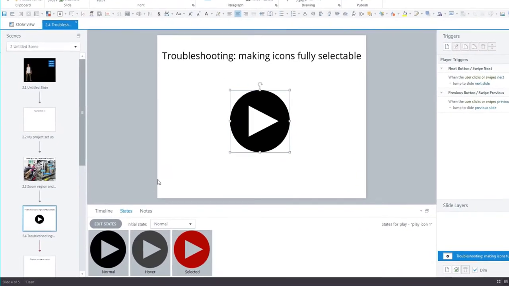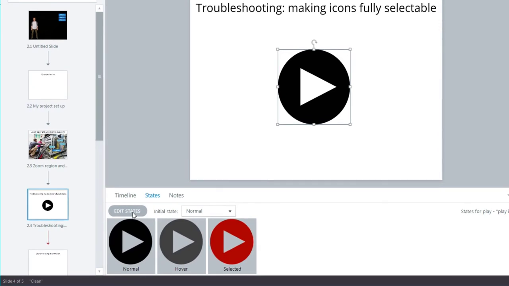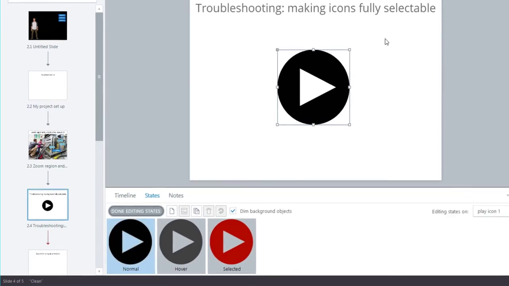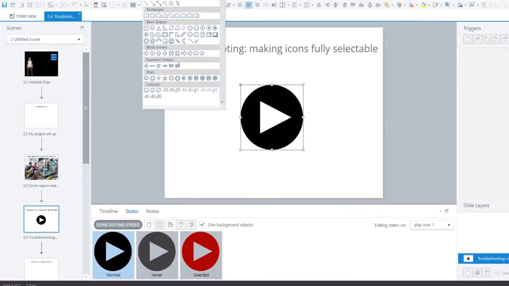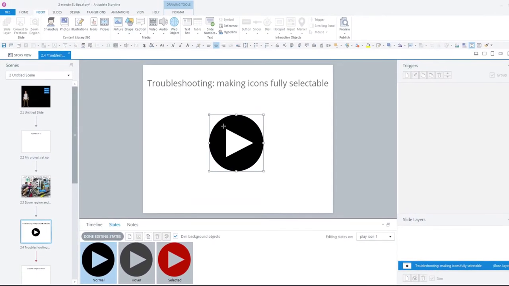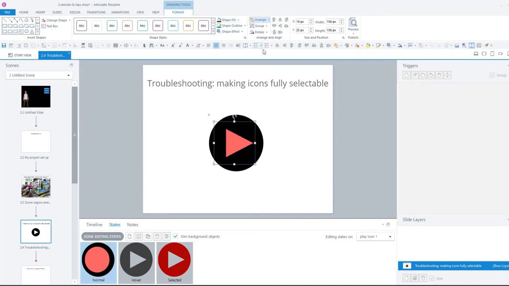So one way to fix that is to go into your icon edit states, click on edit states, and there's a couple of things you can do. One is you could just insert, in this case, because I have a white background, a white circle or shape that will just be sent to the back like so, turned to white, and that is now going to make that transparent section not transparent anymore, although the user won't know the difference because it's the same